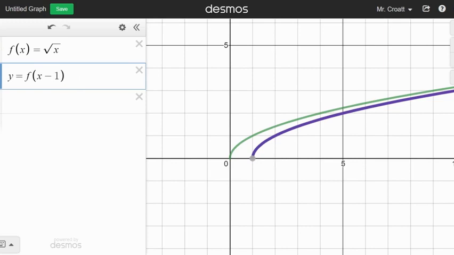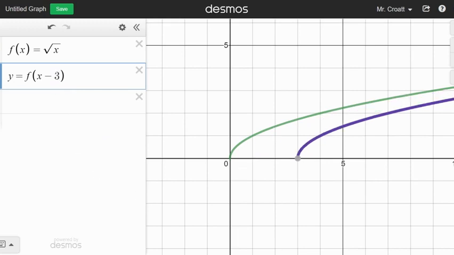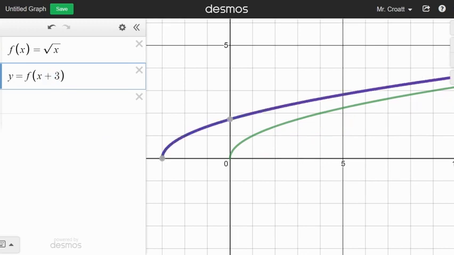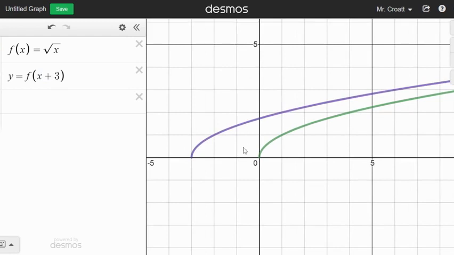And what we see, similar to what we saw last week, was that this minus 1, you might think that would move it to the left by 1, but we see that it moves it to the right by 1. F of x minus 3 moves it to the right by 3. And of course, if I make that plus instead of minus, again, contrary to what you might think, it's moving it to the left by 3 instead of to the right. So plus 3, minus 3, inside the parentheses, inside the function itself, we see that plus moves it left, minus